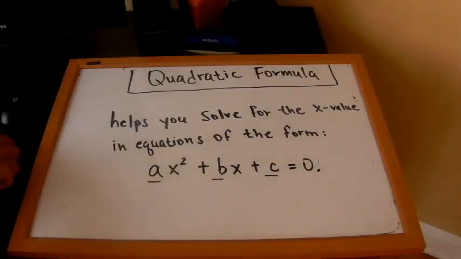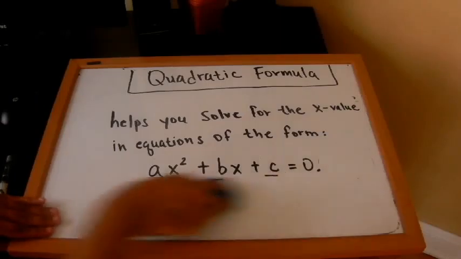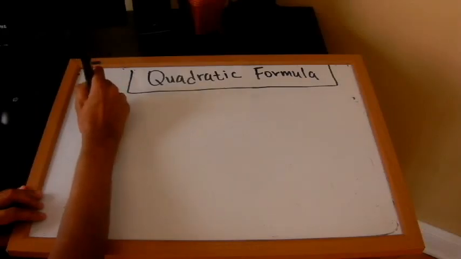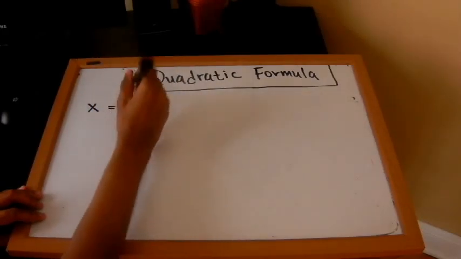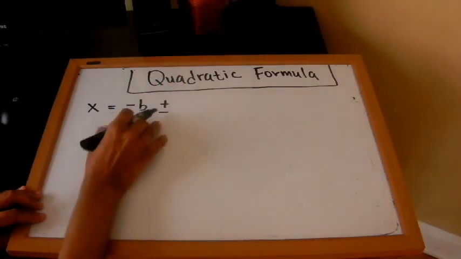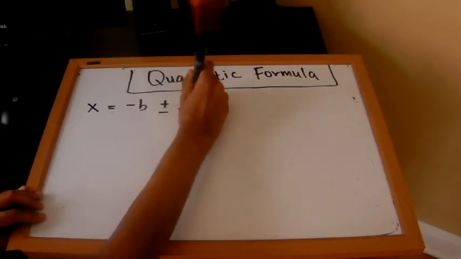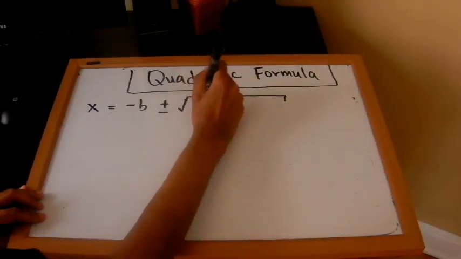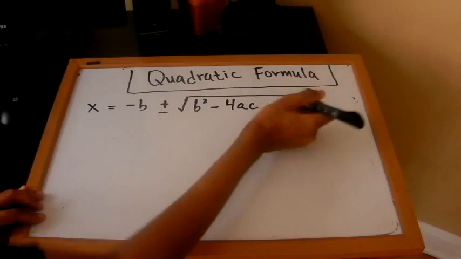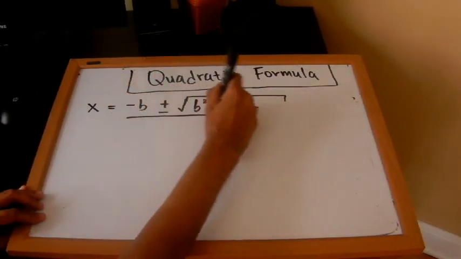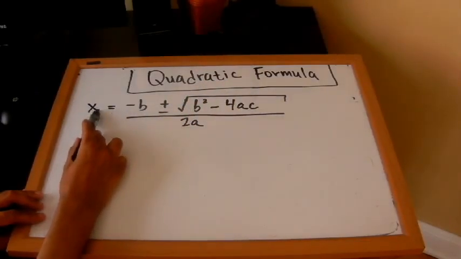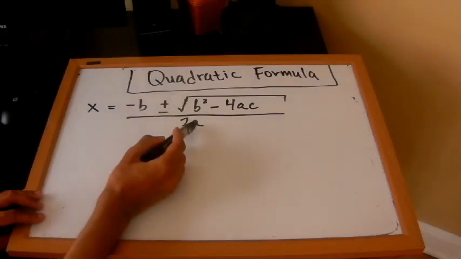So let's do an example, and I'll show you how to use the formula. The quadratic formula is in this form. You have x equals negative b plus or minus the square root of b squared minus 4 times a times c, all divided by 2a. So all you have to do to figure out our x value is determine what our a, b, and c